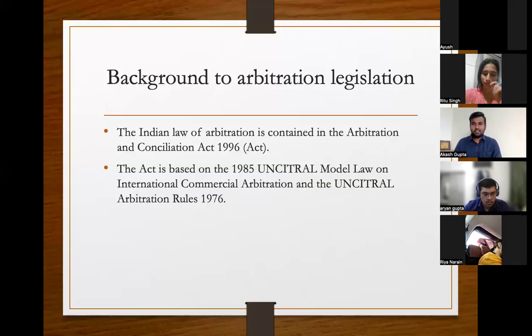Okay. If the seat is Singapore, so the laws will be applicable of the Singapore, whichever particular city, and the venue will be Miami. It means that the whole process, the sitting, and all the discussions of arbitration will be held in Miami. So Miami laws will be applicable or not? No, it will not be applicable because they are just sitting over a particular place.